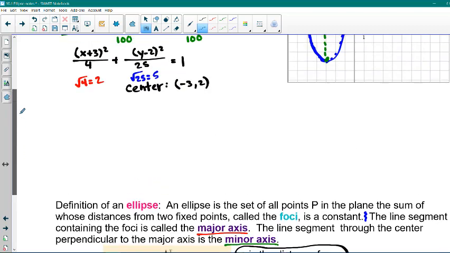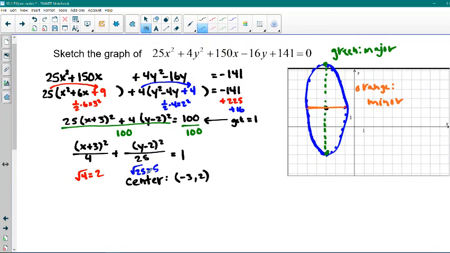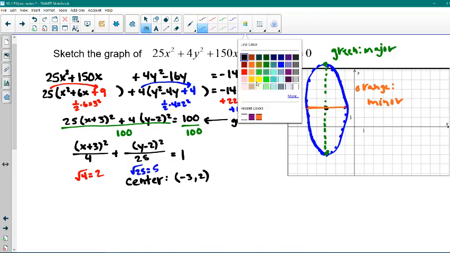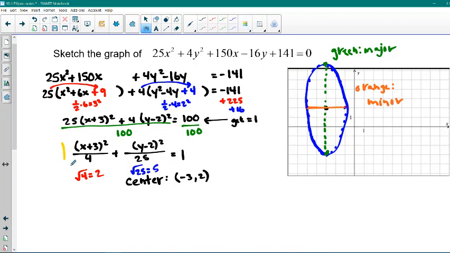So, if that's not too confusing, let's see if we can come back here for just a second. So, here's where we found the equation of our ellipse in standard form. Let's say we wanted to locate the foci in this ellipse. Well, the distance, C squared, is equal to the larger denominator minus the smaller denominator. So C squared is equal to 21. C is equal to the square root of 21, which is about